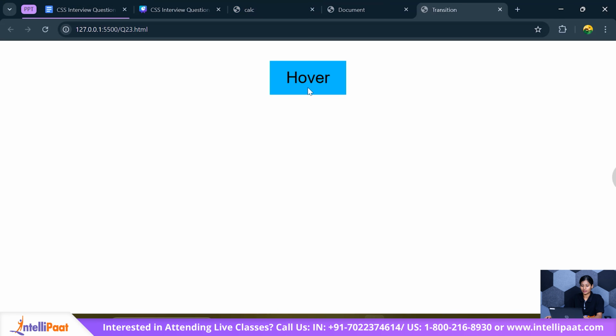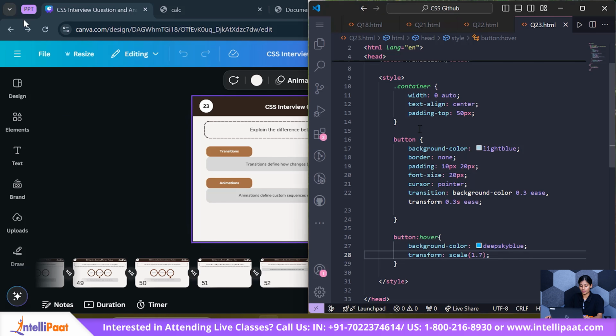So if I hover over this, you can see how the colors are changing smoothly. It's happening because of a trigger. It's normal right now, but if I hover over it, because of the hovering, the color change, the transition is happening. So that is basically how transitions work. Based on certain triggers, the element is affected. Now in case of animation though,